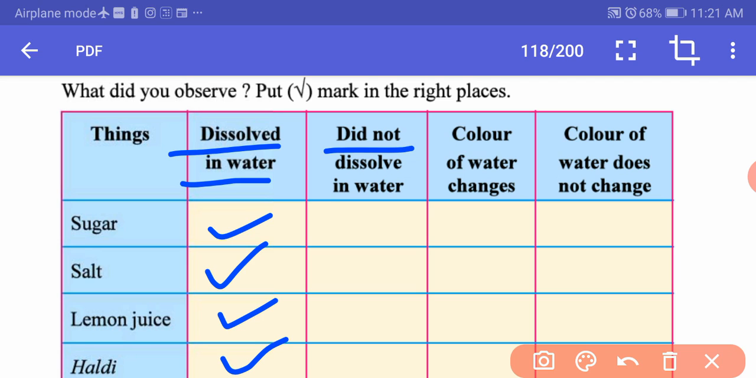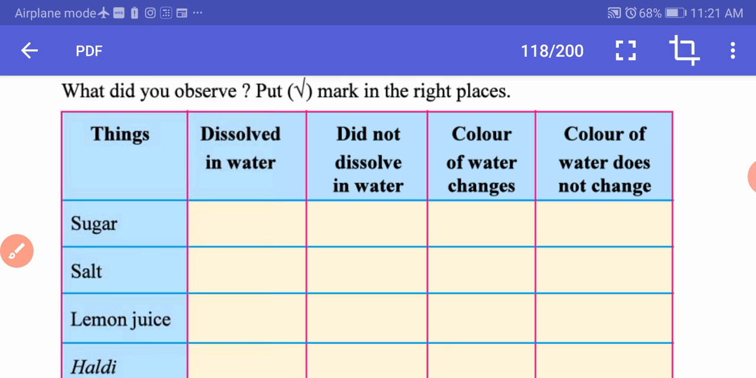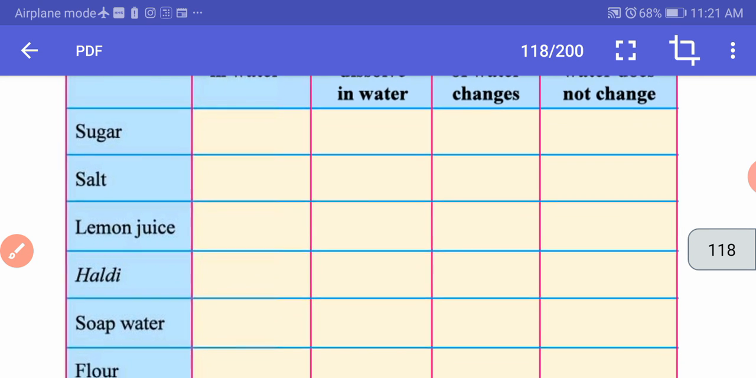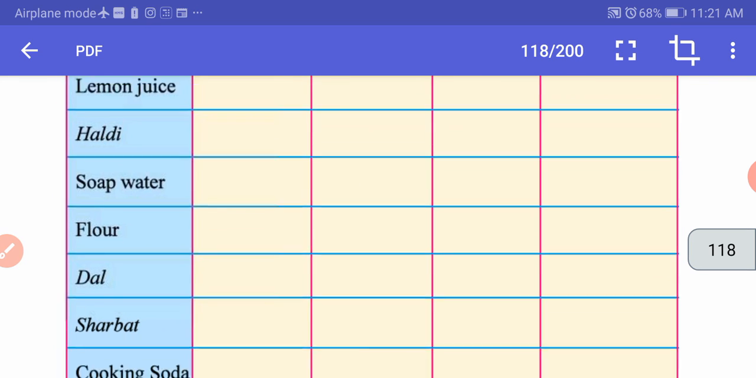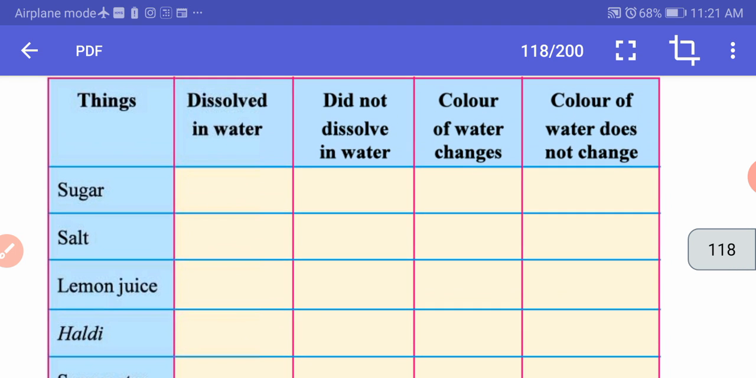Then did not dissolve in water. Now things which are hard like stone or oil, they do not get, oil is not hard but it is a substance which does not mix with the water. So things like stone or things like oil will not get mixed in the, will not dissolve in the water. Then the next thing is